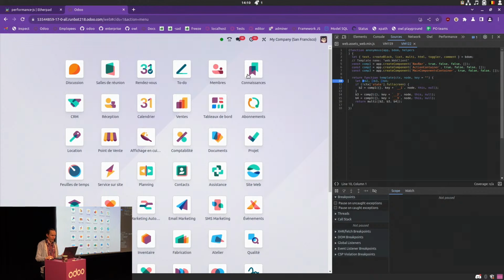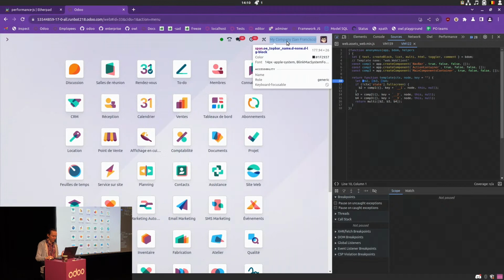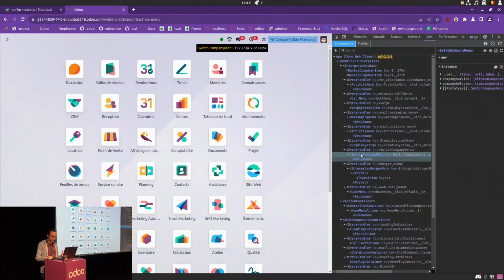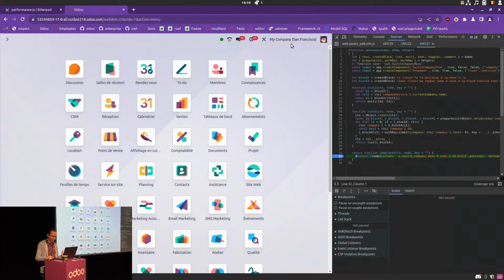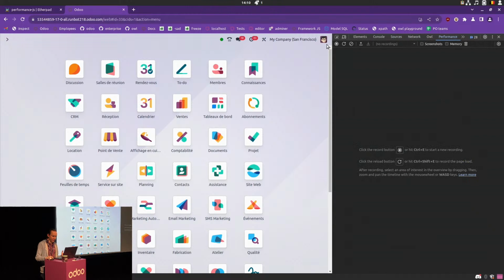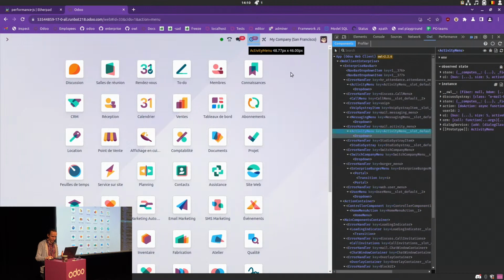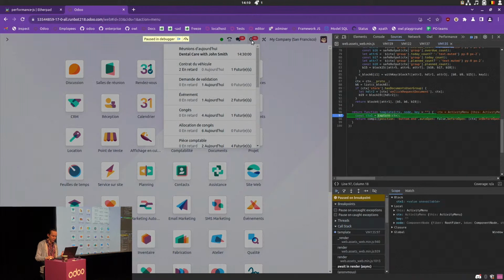and then set a breakpoint on the first line of the function. And when this component re-renders, maybe I can do this with a component that I actually know how to render. Let's do this one. So now, maybe not this one, actually. So let's do this one because I know that this one, I can just toggle the number of notifications and it should be fine. So I set a breakpoint, and then when I open it,